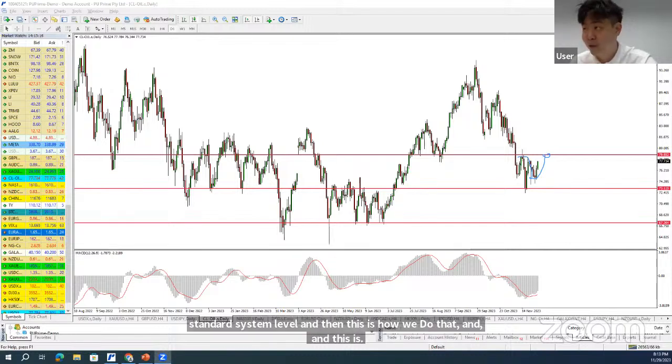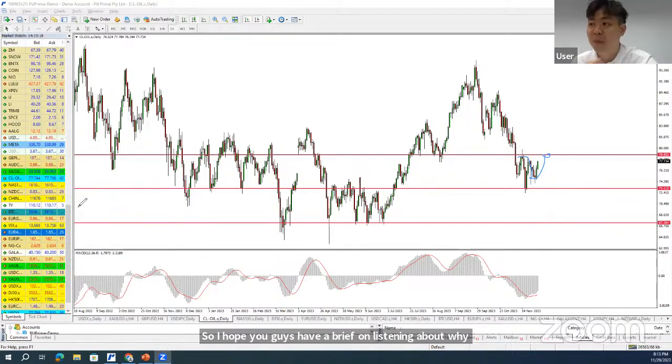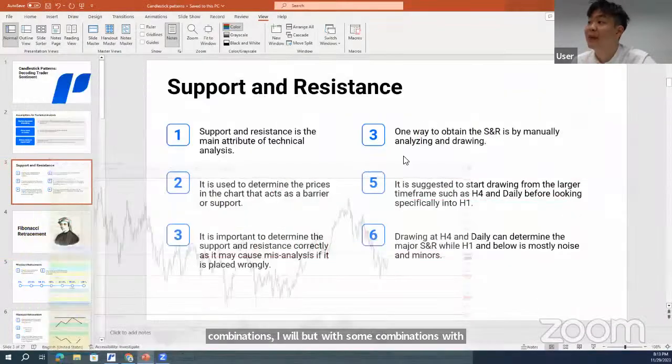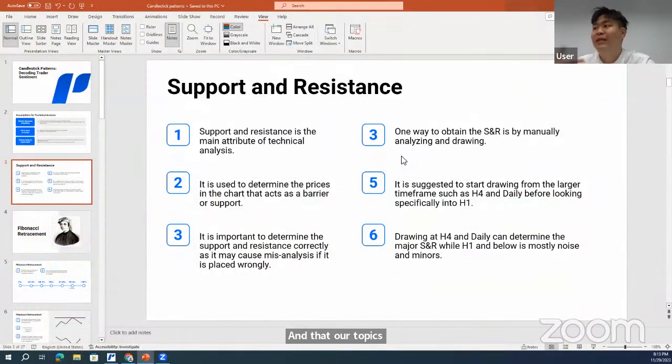Don't worry, I will still continue to talk about the support and resistance level, but with some combinations of candlestick patterns. That is the topic we are going to discuss today. So you already understand what the support and resistance level is. Then the next question is: what is a good time frame that we can focus on to draw the support and resistance